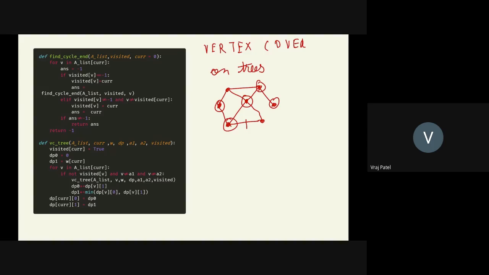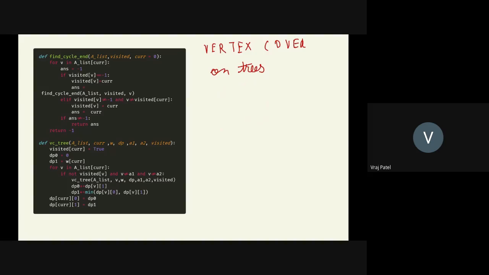So now this will form a vertex cover. Why? Because this edge is covered, this edge is covered. It can be that both of the vertices of a single edge are part of the vertex cover, but it's fine. For any edge you have to have at least one of its endpoints inside it, right? So every edge is basically covered. In general, on any given graph, solving this problem is NP-hard. So we do not expect a polynomial time solution to exist for this problem currently, unless P equals NP, right? But on trees, this is a much simpler problem to solve.